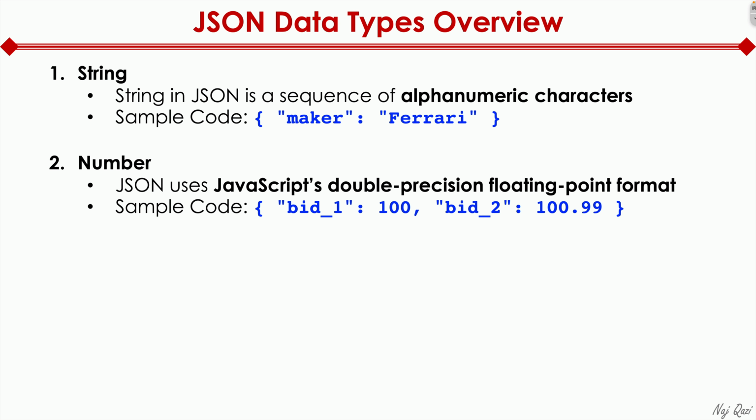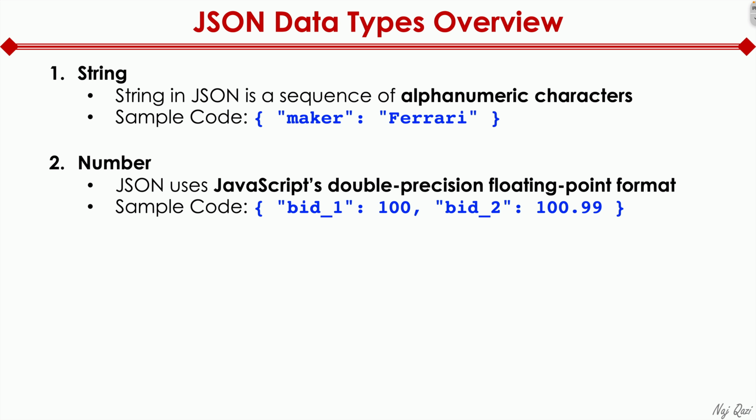So to read the sample code here, once again, we have a starting curly bracket and an ending curly bracket. In between, we have two bids, bid_1 and bid_2. For the first bid, bid_1, I have a colon and then a space and the number 100. Now notice there are no double quotes around the number. We do not put quotes around numbers. Once again, this is key value. Bid_1 is the key, and 100 is the value. And then bid_2 is once again a key, and 100.99 is